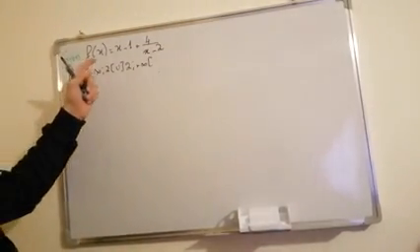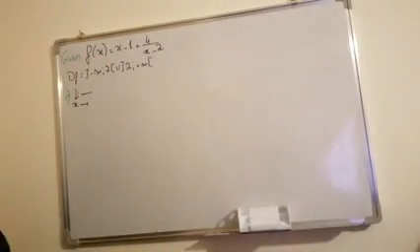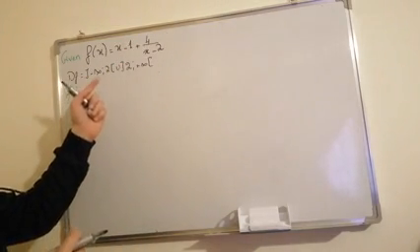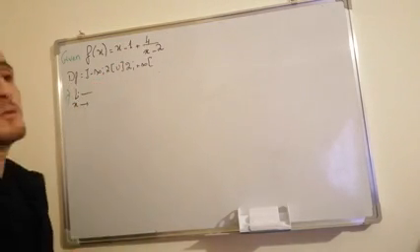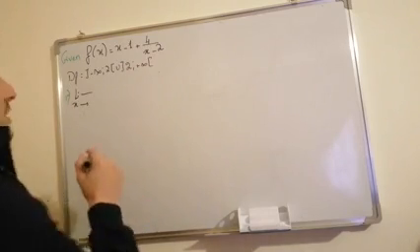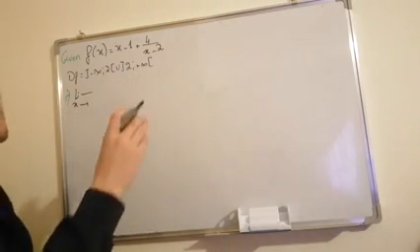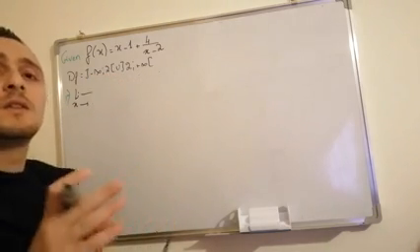Exercise: given f of x equals x minus 1 plus 4 over x minus 2. The domain of definition is minus infinity to 2 union 2 to plus infinity. First question: calculate the limit when x approaches 2 minus and 2 plus of f of x and deduce